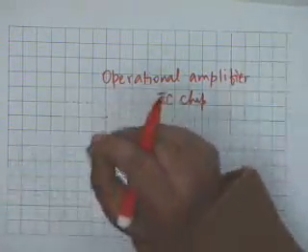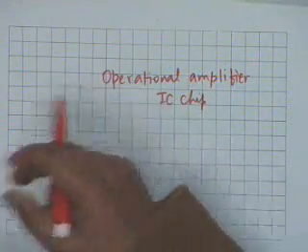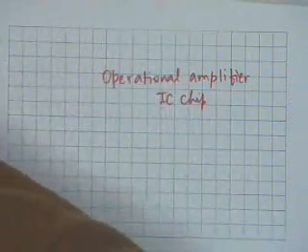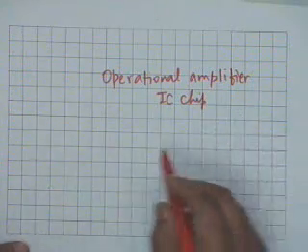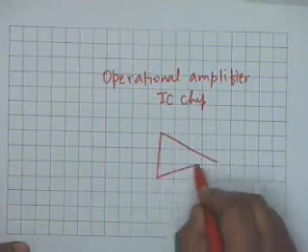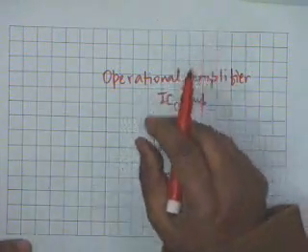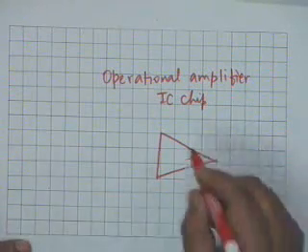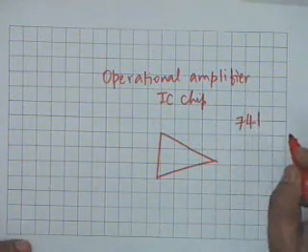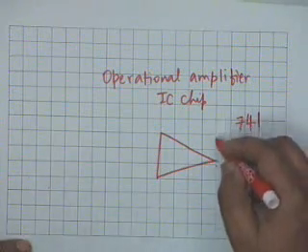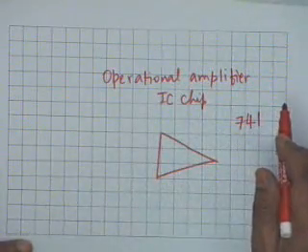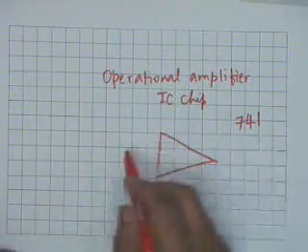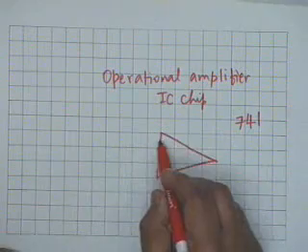a small multi-terminal component. Let me first give you some familiarity with the actual chip. The actual chip has 8 terminals provided, and I'll explain why it is called operational a little later. The one chip that is most popular is the so-called 741 chip. Sometimes there is a mu A or LM before it, which indicates the company which manufactures, but the generic name for the op-amp which is most popular is 741, and 741, as I said, comes with 8